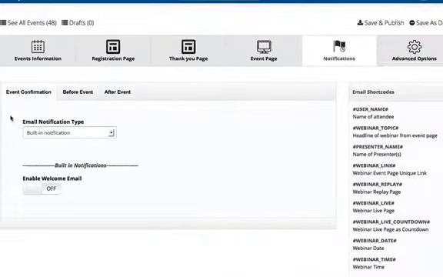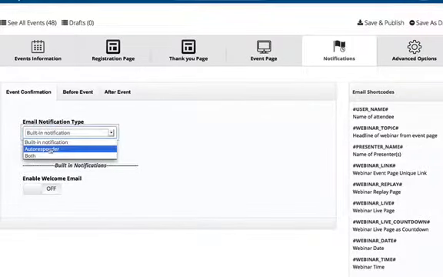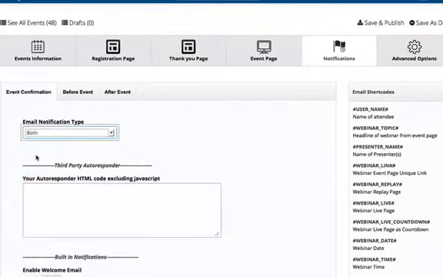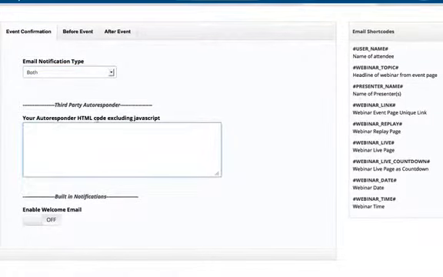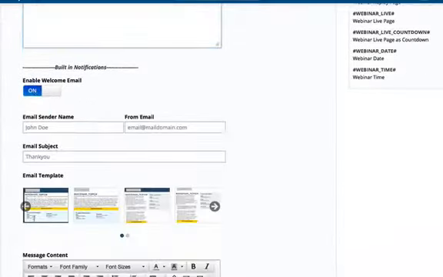We also have a built-in notification system. So if you want us to use our built-in notification to send the emails out, you can do so. But for those of you who have an autoresponder, you can also integrate your own autoresponder or even use your own autoresponder to send out the email notifications for the webinar. We also give you the option of both, meaning that you would add your autoresponder code here, and you could enable our emails to be sent out from our dashboard. You would put your name here,